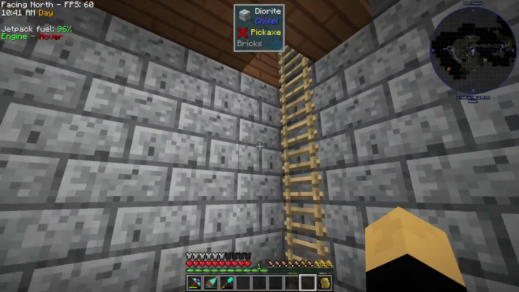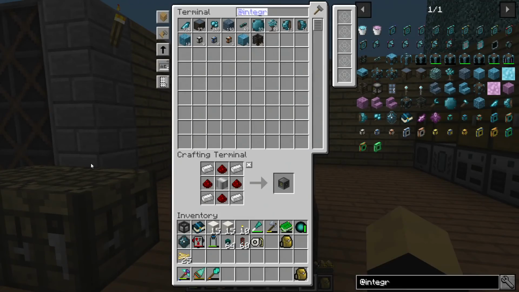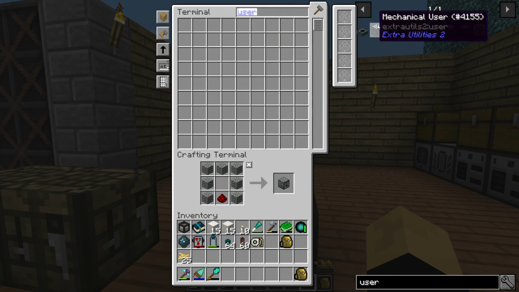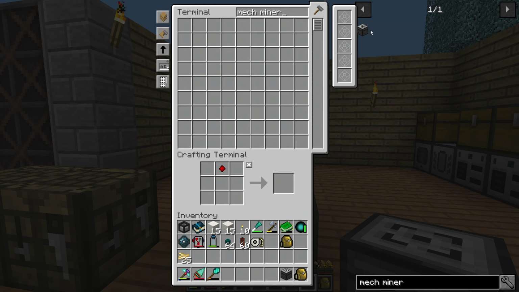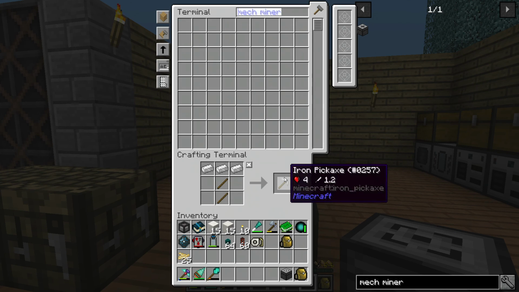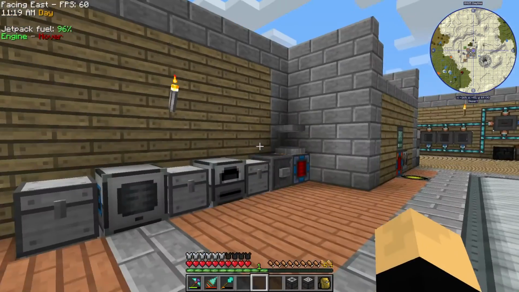So, going to need a mechanical user. I could also use an Actual Additions block placer, but this I can throw speed upgrades into if I so desire. And a mechanical miner. And actually...